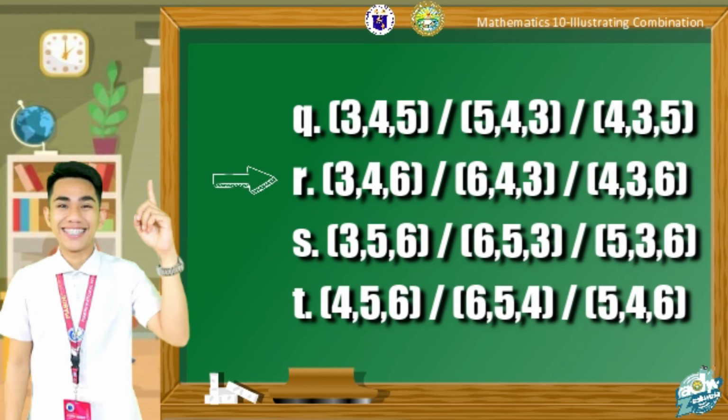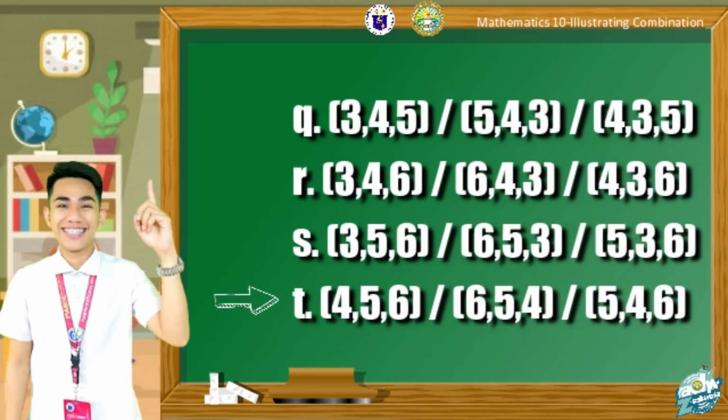Letter R. It could be 3, 4, 6, or 6, 4, 3, or 4, 3, 6. Letter S. It could be 3, 5, 6, or 6, 5, 3, or 5, 3, 6. Letter T. It could be participant 4, participant 5, and participant 6, or participant 6, participant 5, and participant 4,